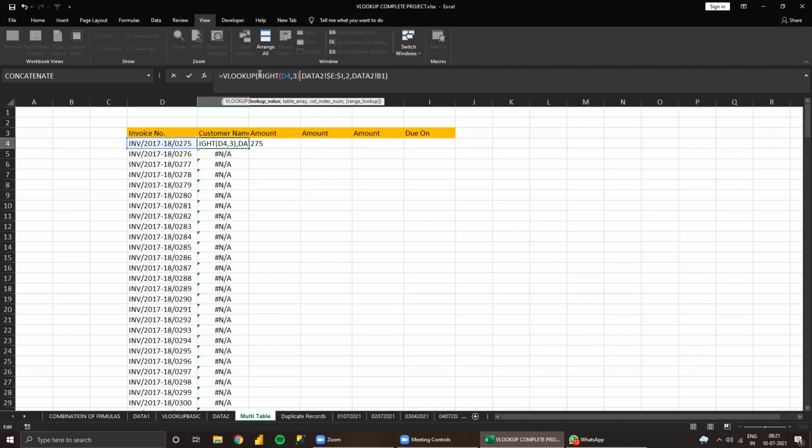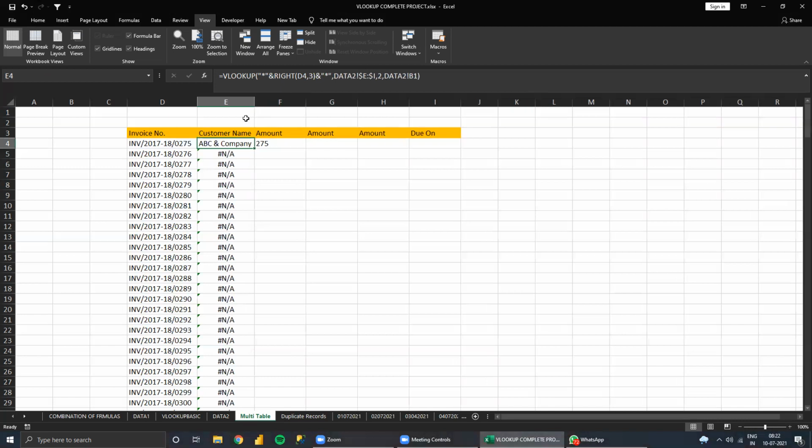So here, star and the end 275. Okay, 275 is not only at the end here, but in the source data it is in the middle, right? So again, and in inverted commas you need to put like this. Then we'll get this cell.